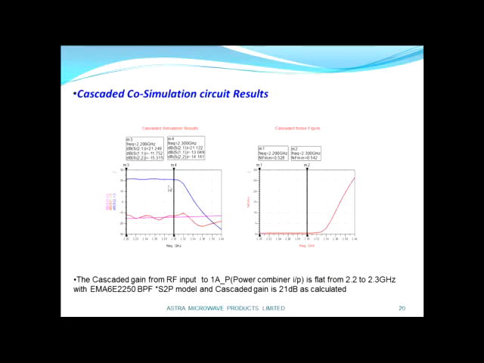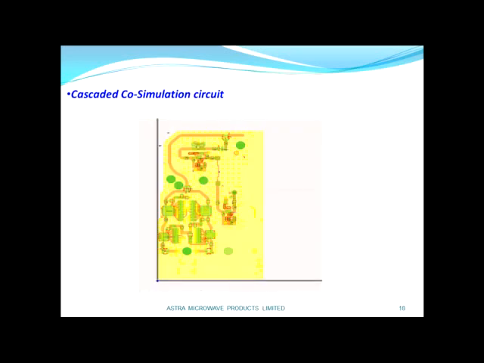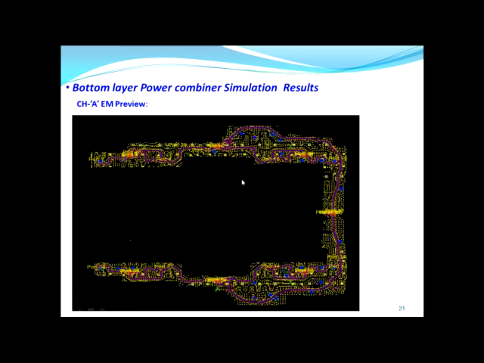So this is what this result has shown, like a cascade. This is the actual PCB simulation. Once it is done, initially what I did was connect from the top layer itself to all the bottom layers, but here a via is there, and at the bottom, this power combiner is routed on a 6 layer.